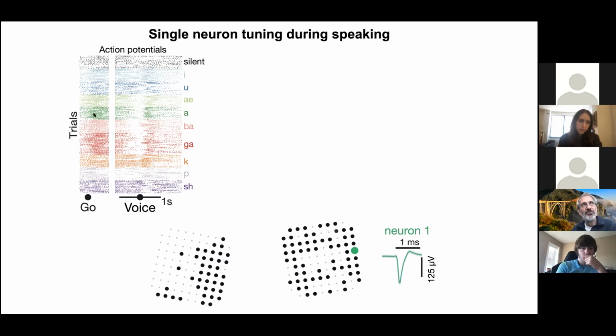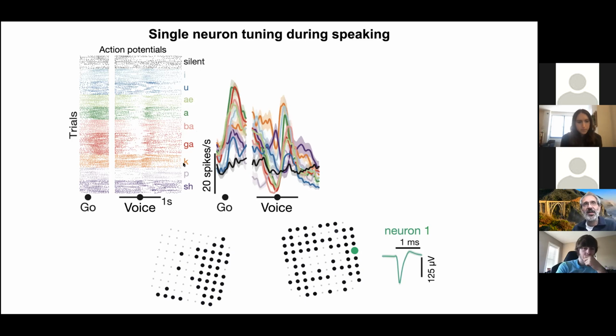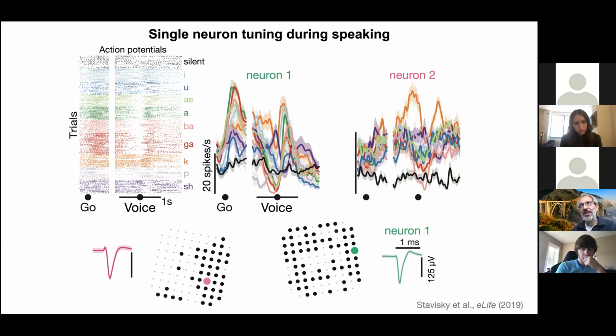That neuron's raster plot of repeated trials when he was saying nothing, repeated trials when he's saying I and you and ba and ga, you can definitely see that it's modulated, but of course it's Poisson spiking, so it's a little hard. So here's a PSTH. And here you can see that red and green, something in here is much higher than silent and much higher than, say, purple, shh, okay? And this modulation is happening between the time of the go and the voice onset and then during voice onset. Now another neuron over here has a different pattern, okay? And a natural question to ask then, let's take a look at I here,